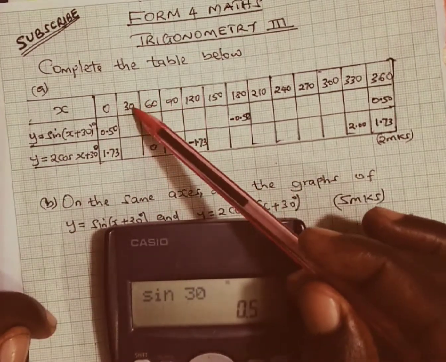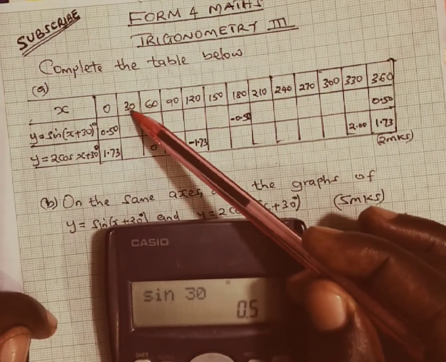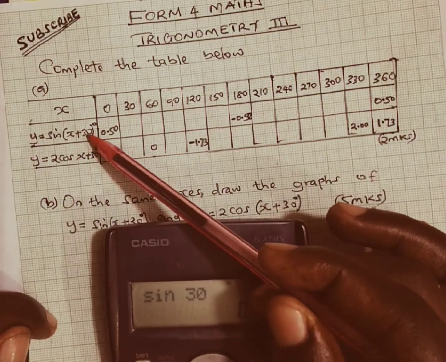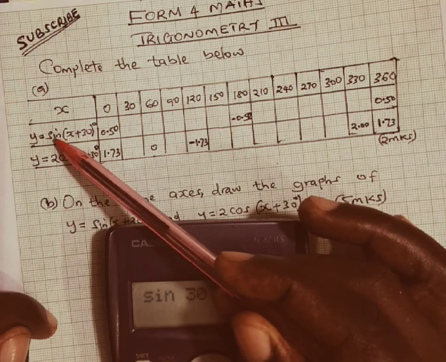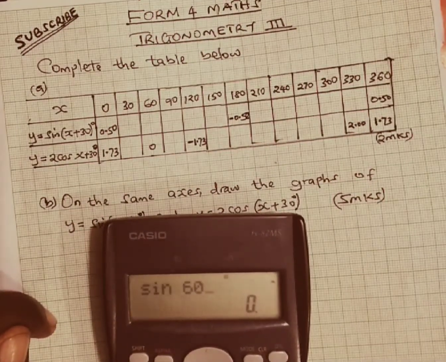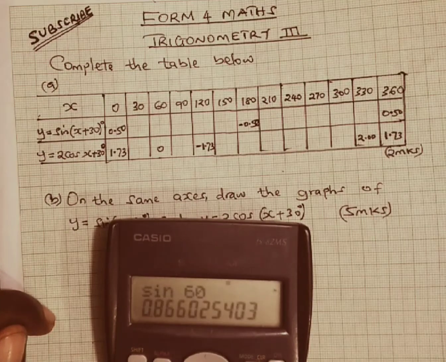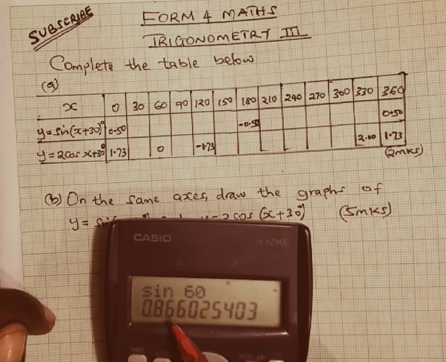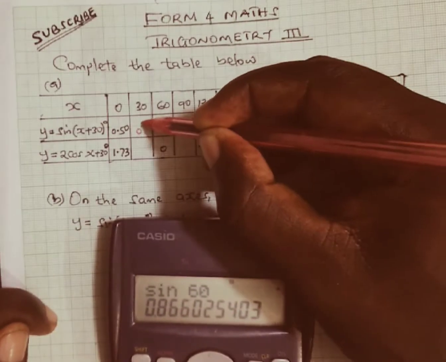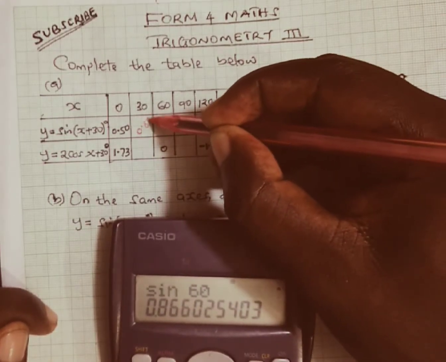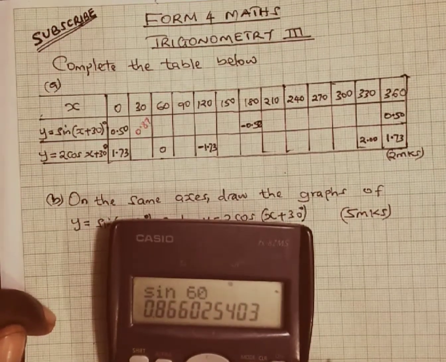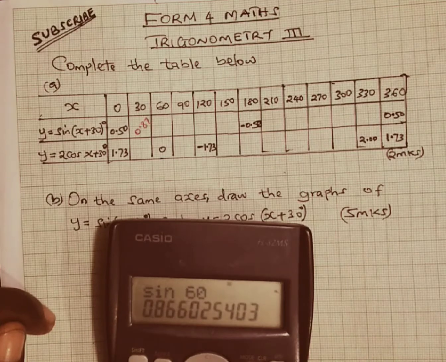Coming to the second value of x, which is 30, this is x, which is 30 plus 30, that gives us 60. So we are going to press sine 60. The sine of 60 is going to give us 0.866, which is the same as 0.87. Then we have